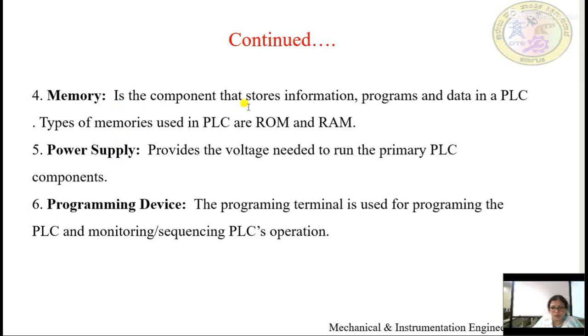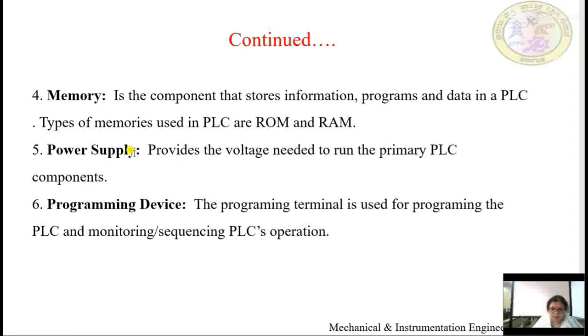It also possesses memory in order to store the data for processing purposes, that is, information, programs or various types of data associated with the PLC logic. It generally consists of ROM and RAM. ROM is a volatile and RAM is a non-volatile memory.